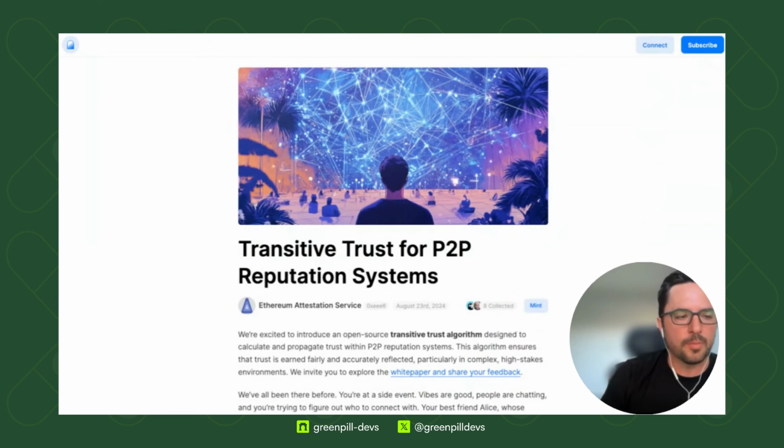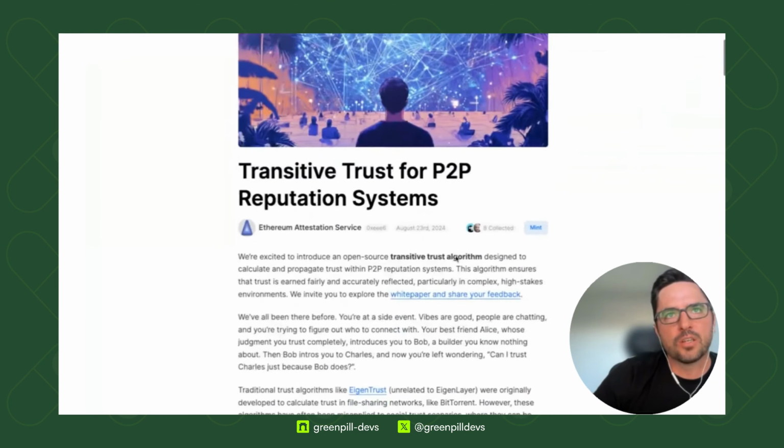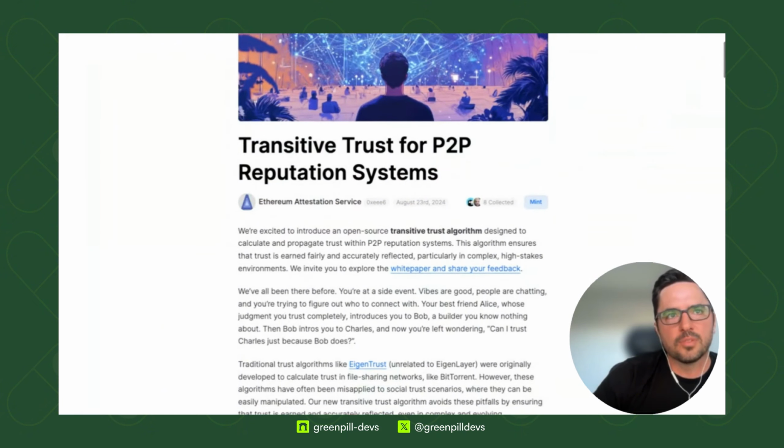And the most common way is this paper called Eigentrust. Not related to EigenLayer. It was used for BitTorrent and to calculate seeding and leeching ratios. But we were looking at it and we realized you could actually have malicious actors, Sybils, work together to reduce the overall score and weights for people in these reputation type graphs. So we had a guy on the team review it, and he competes in math competitions. He loves math, way over my head on the math side, but he reviewed the Eigentrust paper and was able to come up with a better way to implement Eigentrust for decentralized systems, and that's what transitive trust is.